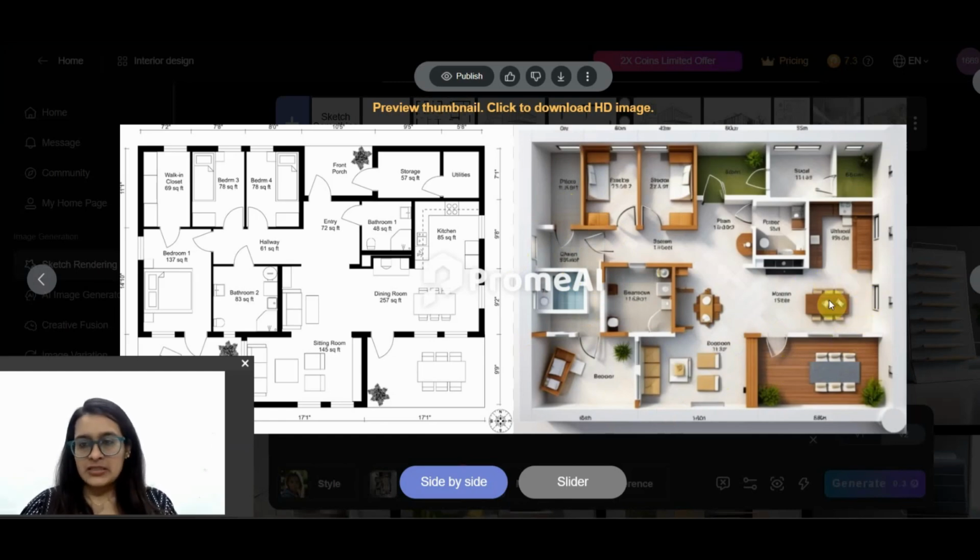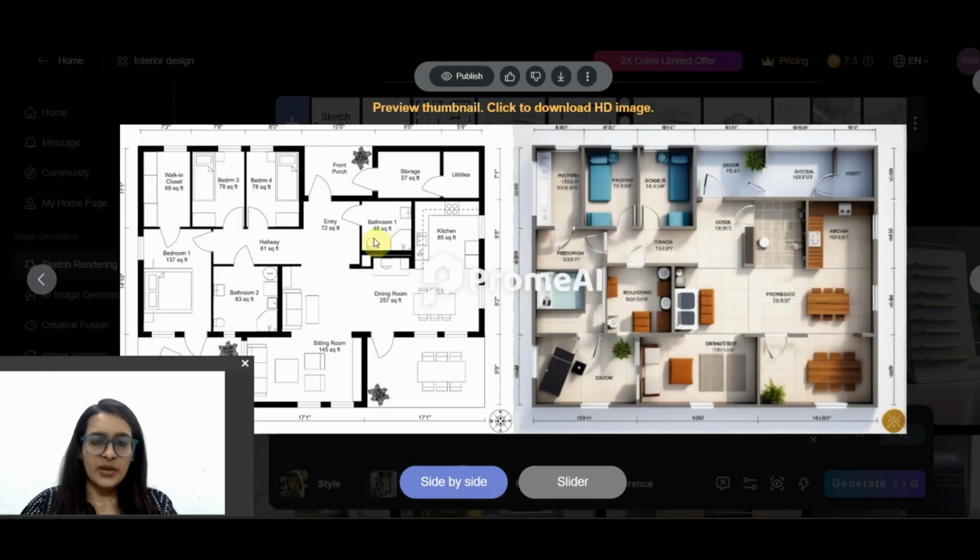Kitchen and dining is done in a very decent way, I would assume. So I think it all depends on what quality of drawing you have, like a front porch, utilities. Even the storage has come out nice. Windows have been intact. There are a few things which could be done better. The bathroom is done in a very decent way. Entry is fine. So yes, I think we can go ahead with this plan.